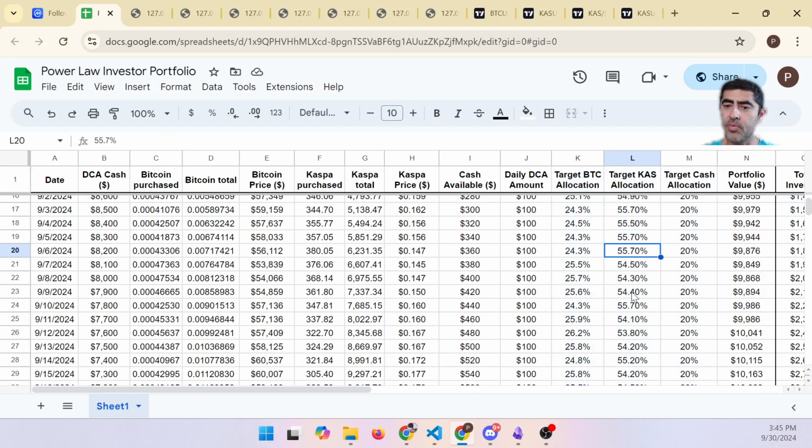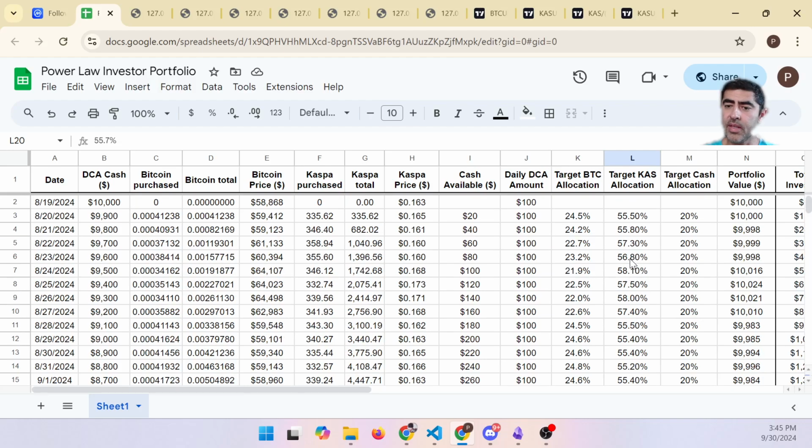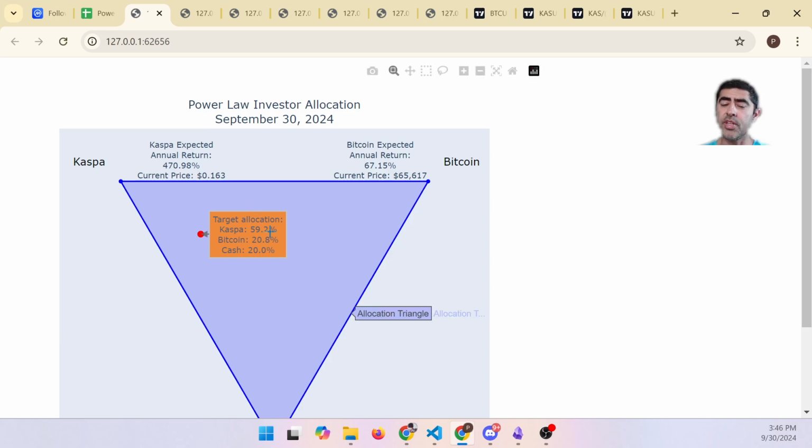And so, as we can see, that has changed a little bit over time. There have been times when we were almost at, let's say, a 56% allocation to Kaspa, or even lower, a 55, depending on what the price is. But this dynamically adjusts because the power law is changing all the time. Not the line is changing all the time, but the value, we're moving further and further up along the line. So it dynamically adjusts to wherever we are and gives us an allocation based upon that. And so, like I said, the allocation today is about 60, 20, and 20.